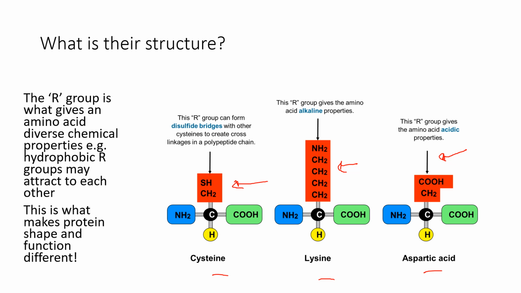So for instance, this first one, it can form disulfide bridges with different other amino acids. This one has alkaline properties. This one has acidic properties, which means that they're going to do different things and they're going to fold differently and attract different things as well. So this is what makes a protein shape and function different, and that's why the R group is so important, because it brings that uniqueness to the function, and we can have many different proteins that do many different things